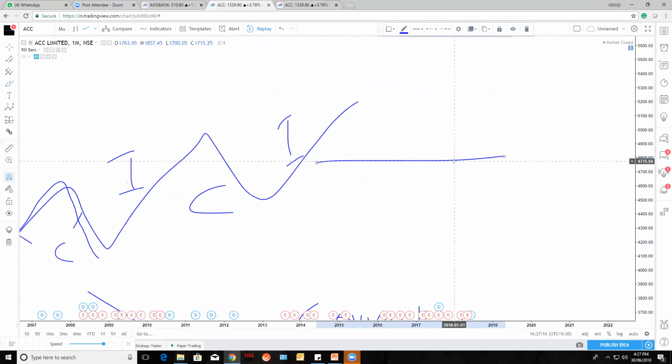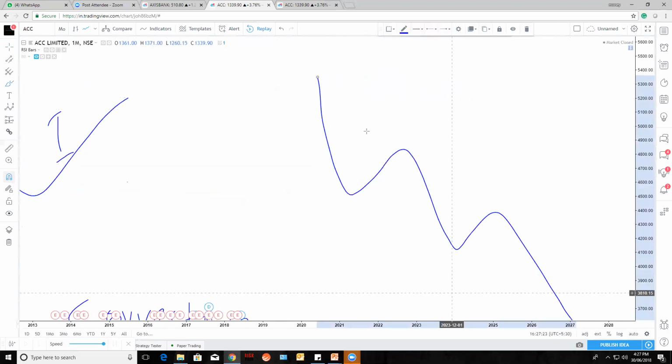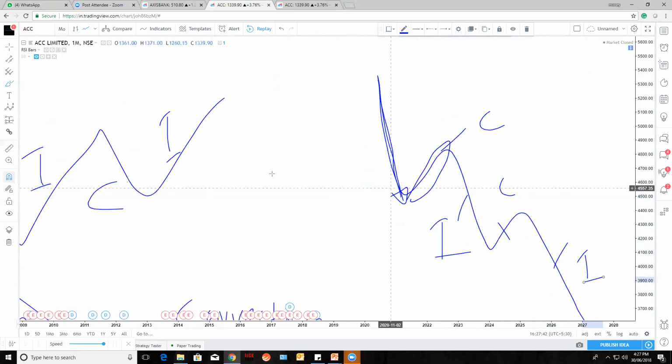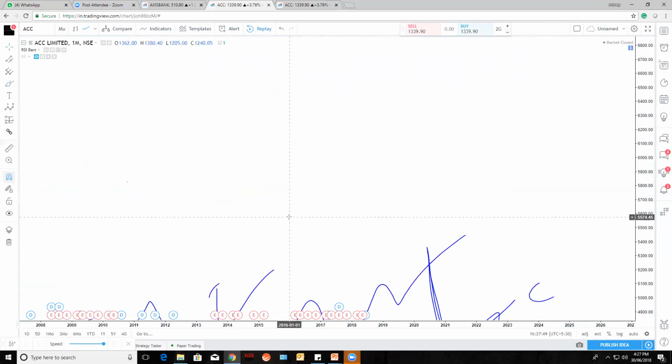Let's say the trend is downside. Here it is an impulse because the price direction is towards the downside. This is against the trend, so it is a corrective. So this is impulse, and it is correction, and it is impulse. Got it? So impulse is nothing but in the direction, and correction is nothing but opposite to the direction. Whatever correction comes, that is a corrective wave.